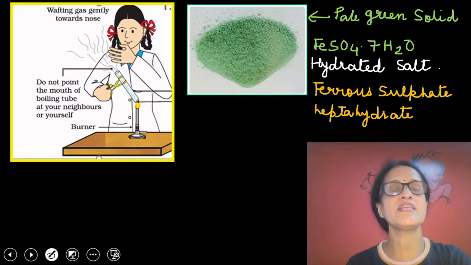This white colored FeSO4 on further heating changes into a brown colored solid, which is Fe2O3, along with the evolution of gases with the smell of burning sulfur. So evolved gases are SO2 and SO3. The reactions which take place during this process are written here in the next slide.